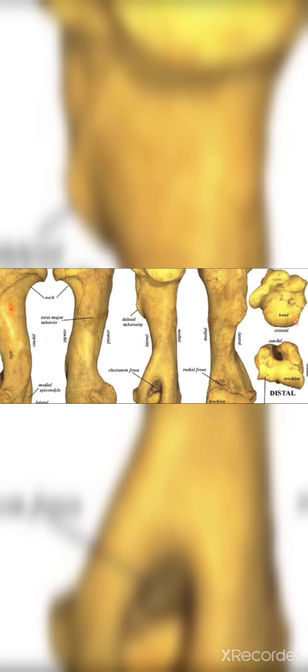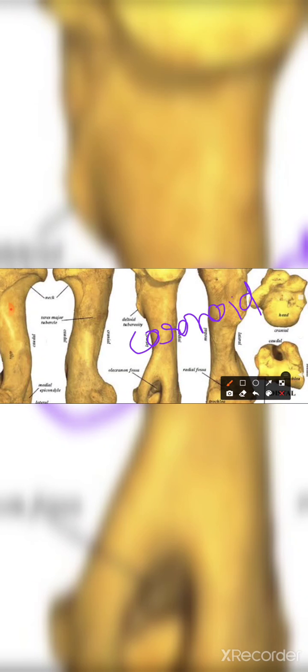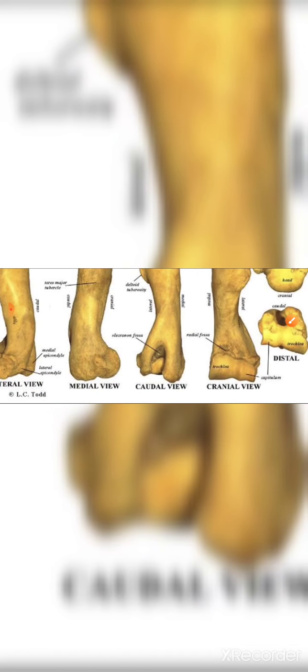And anteriorly above these condyles there is a fossa. That fossa is known as coronoid fossa or radial fossa. Coronoid fossa, in which the coronoid process of the ulna will attach to form the elbow joint,